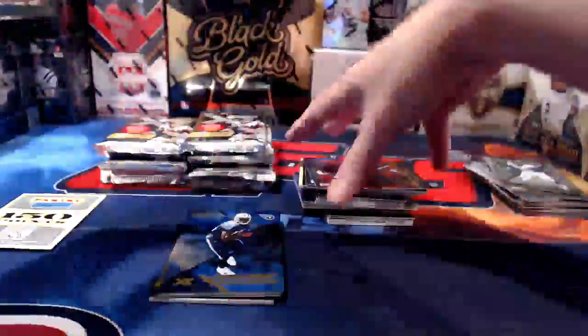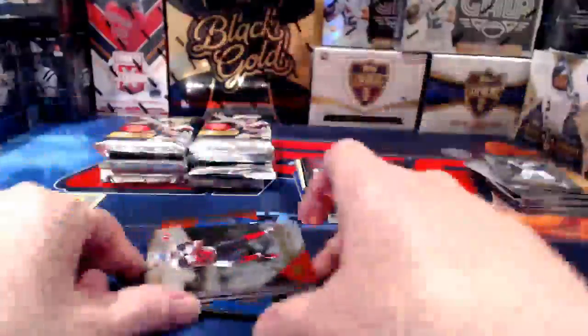Whew, that is ugly. There is another Panini Rewards point, so this is going to be one of those cases. You know, we didn't get any in the first case, and I was so grateful because sometimes you do get them more often than not, and now they turn around and pop us with 2 of them in this case. So